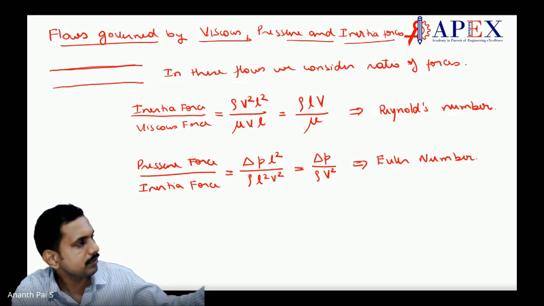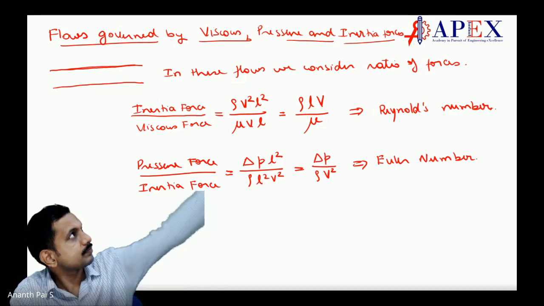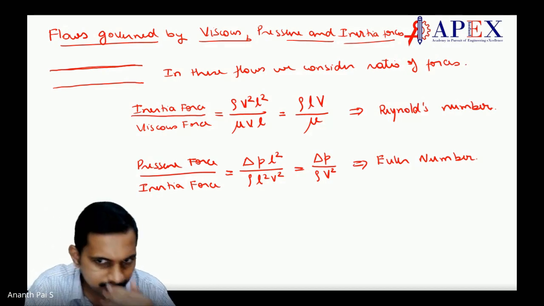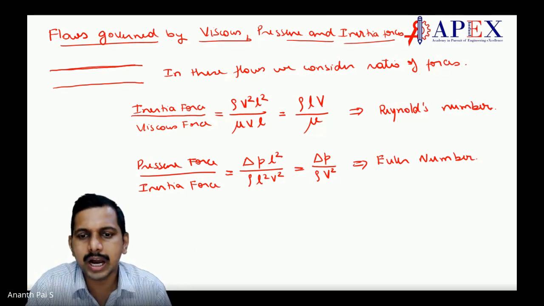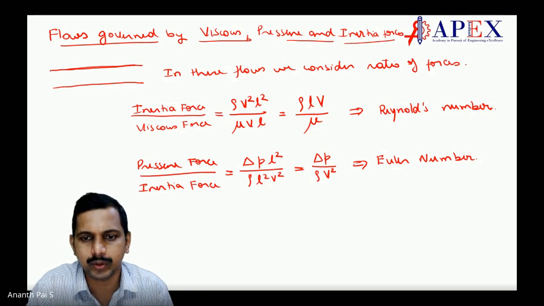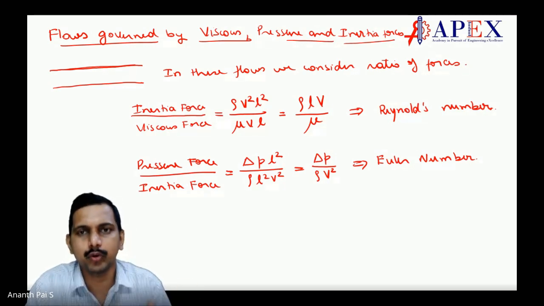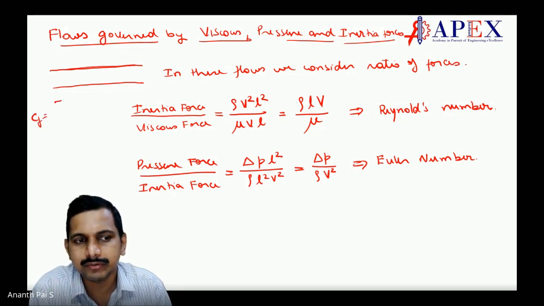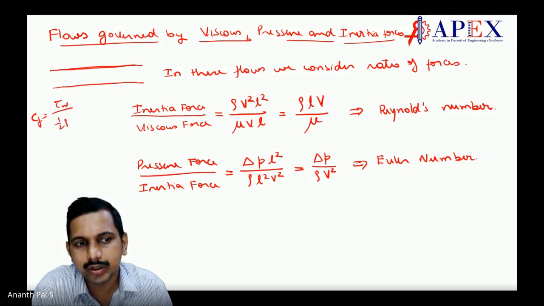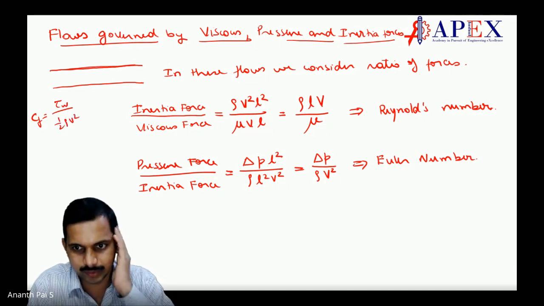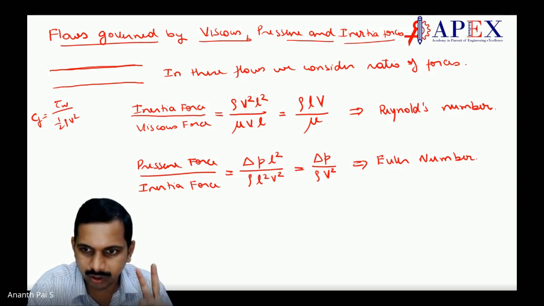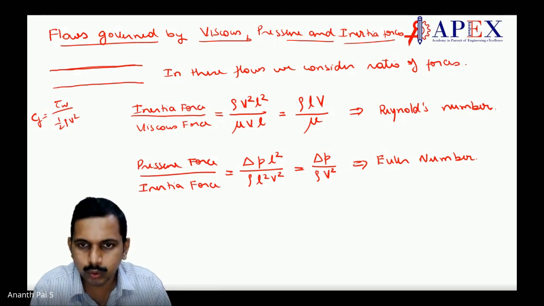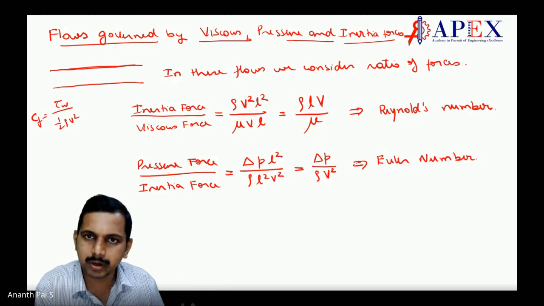Let us see. This is called the Euler number. Now this is generally related to delta P by half rho V square. We consider it in a number of ways. For example, even in CF, coefficient of friction, we consider tau W by half rho V square. It is related to this. So what is happening? There are two things called Euler number and Reynolds number. So in case we are going with similarity between the model and the prototype.